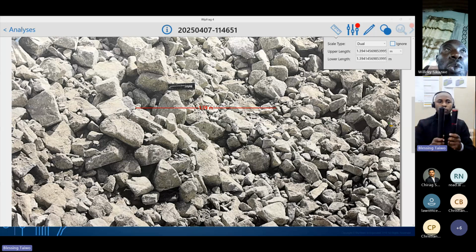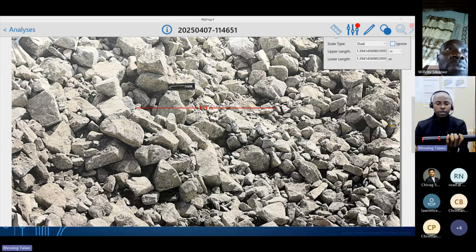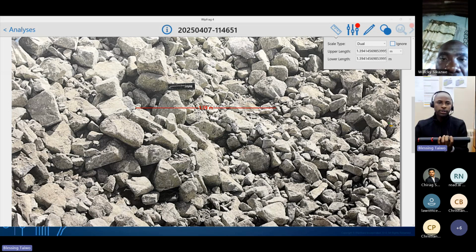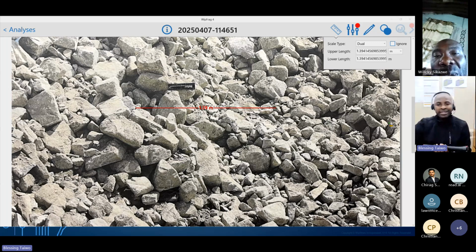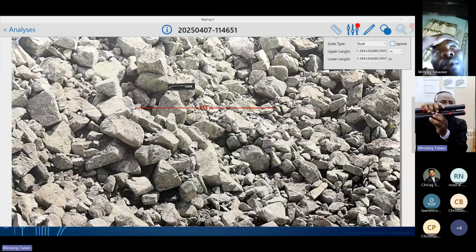Here are two light rods of the same length. They are of the same length. So when you are taking the picture of a material, since image analysis technology uses a reference to account for the size of each particle, those materials that are far away from you and not at the same level will not appear to be the same size in the image. So in this case, this is the same rod.